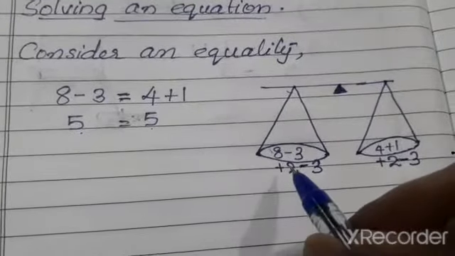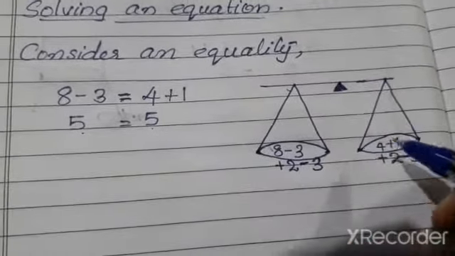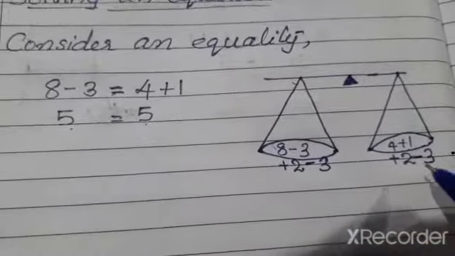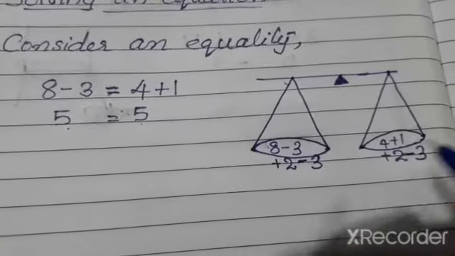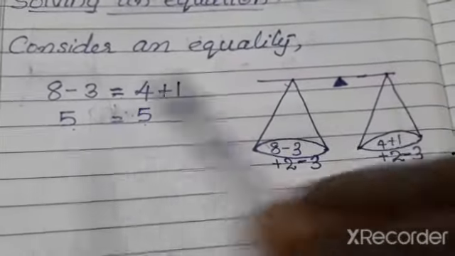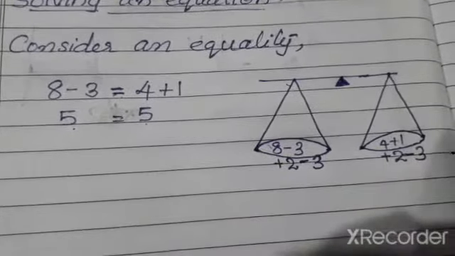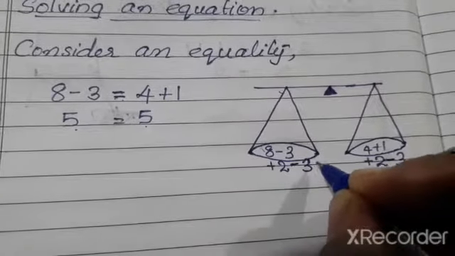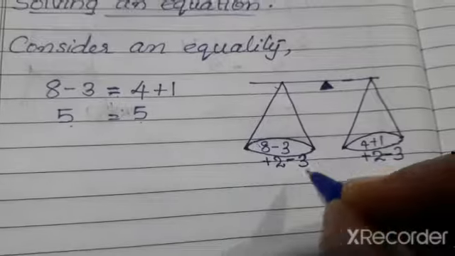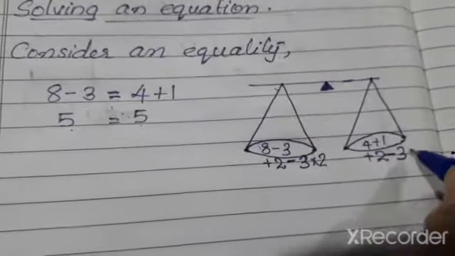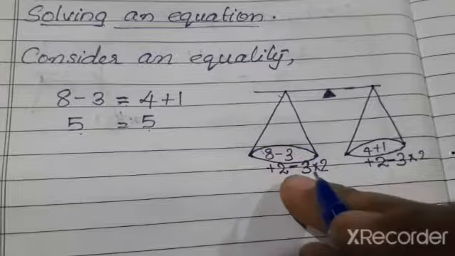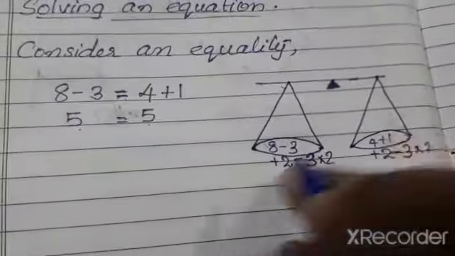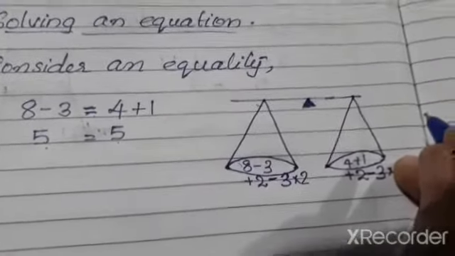That means if we are adding or subtracting the same number from the left hand side and the right hand side, the values will not change. This equality will never change. It will be equal. Clear? And the same way, if I am multiplying with 2 here and multiplying with 2 here also, we know that the answer of this much is 4. So 4 into 2, 8. Here also 4 into 2, 8. So that will also hold the same value.